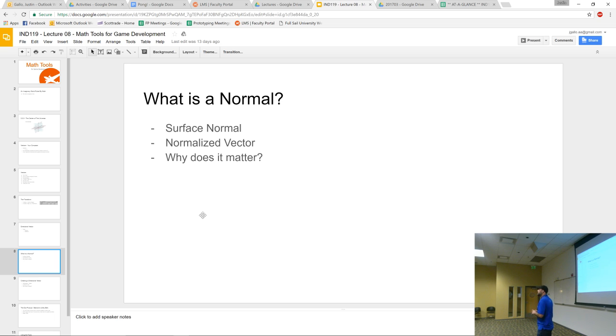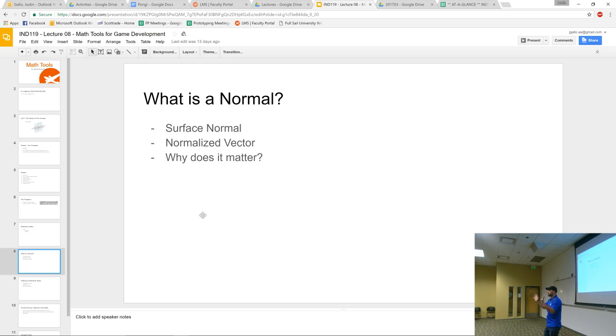But you're also going to hear another term called normalize. The concept of normalizing a vector doesn't need to explode your head. It is just getting the direction component out of a vector. It's saying, I don't care how long the vector is anymore. All I want to know is what direction I am pointing.